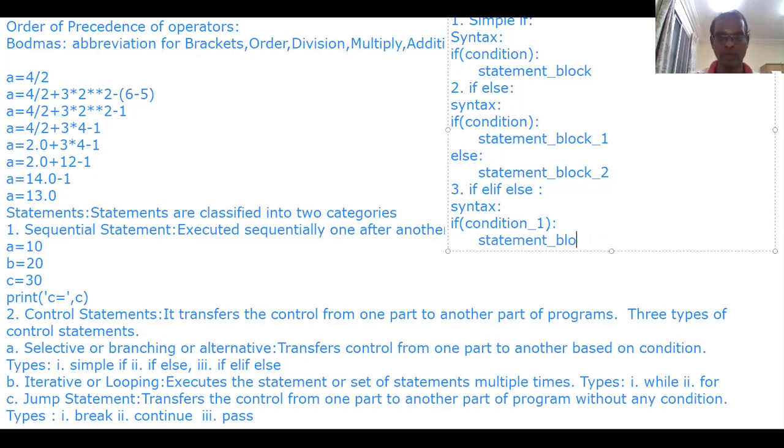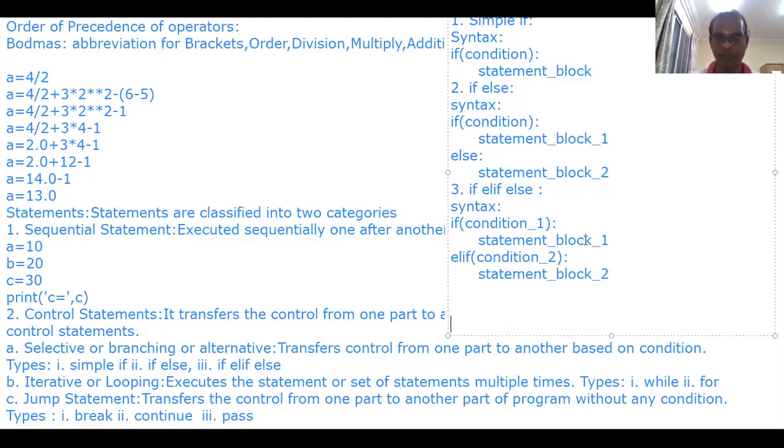Statement block number 1. Elif. Again, one more condition. Condition number 2. Statement block number 2. Then it keeps on coming. Okay, no problem.